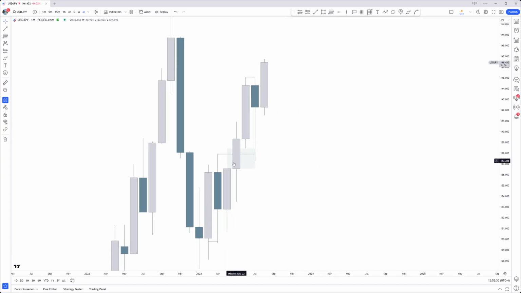Because from that PD array, that discount array right there, to that premium array, that is your current order flow. That is where we are continuing higher off of, and that is our target. We have somewhere we are going higher off of, and we have our target right there. Then, if we go into the 4 hour inside that price action,